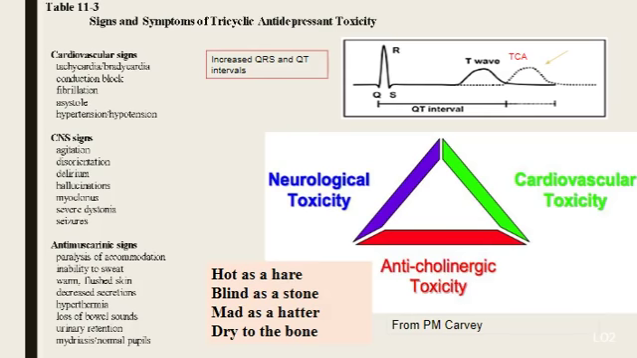But the most commonly associated side effect that's very Step 1 relevant is an increased QRS or QT interval. You can see here the TCA prolonging that interval quite dramatically. So those are the cardiovascular toxicities that you should be aware of. Patients with underlying structural heart disease might not do well on a TCA, and you might want to choose a